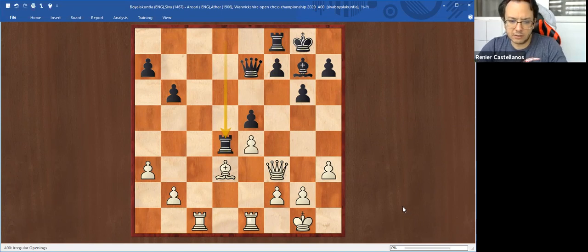What's my thinking? My thinking is that I have the open C file, and I have a good bishop. Exactly. I have the better bishop compared to this one, because my bishop can attack f7, and his bishop is far from that. So the first thing you have to do in this opposite color bishops middle game is make your bishop active,